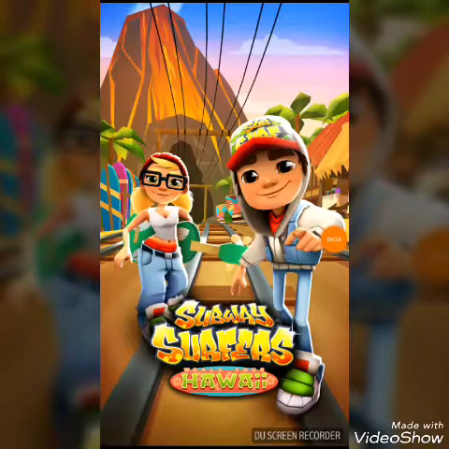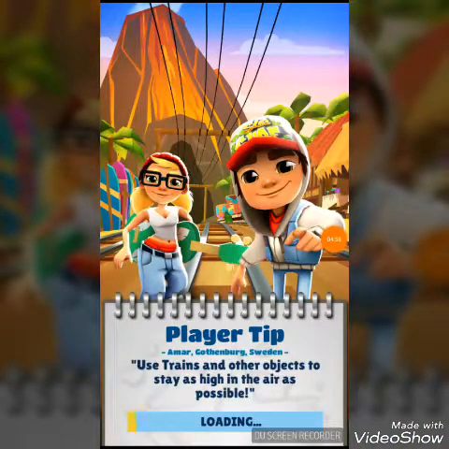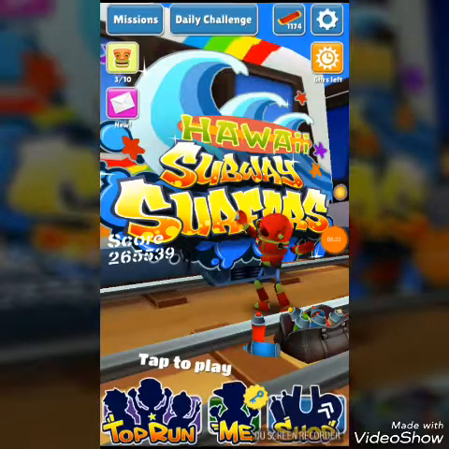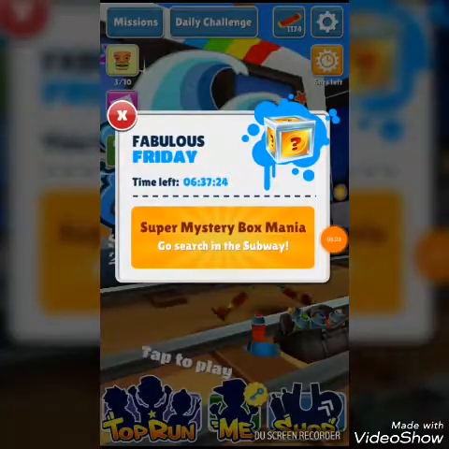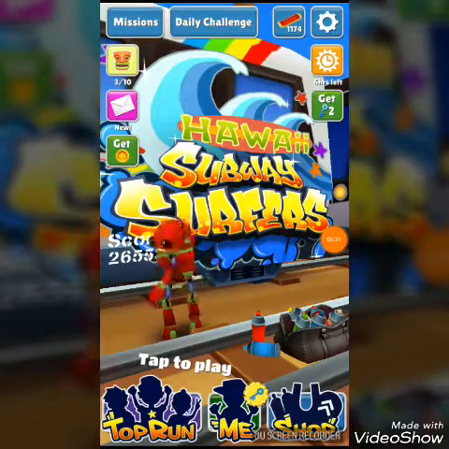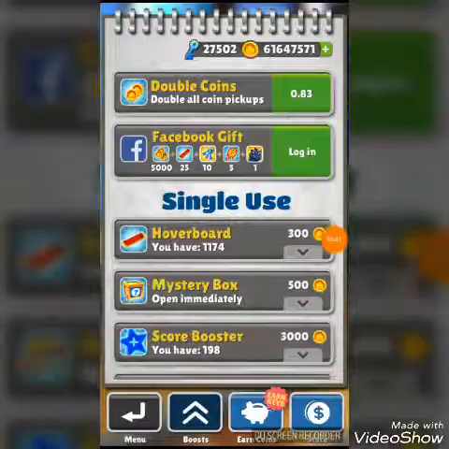This is the new version of Subway Surfer. Then you will go to the shop and see it's hacked.